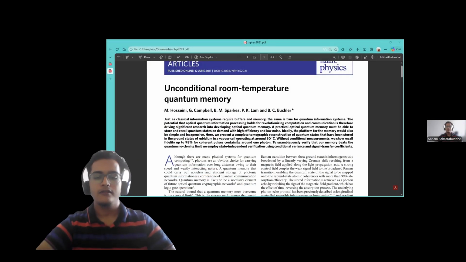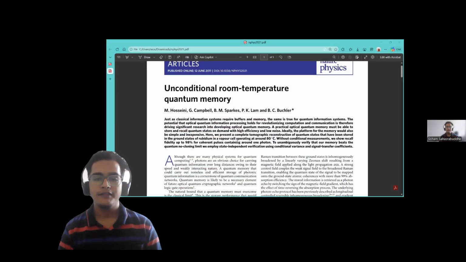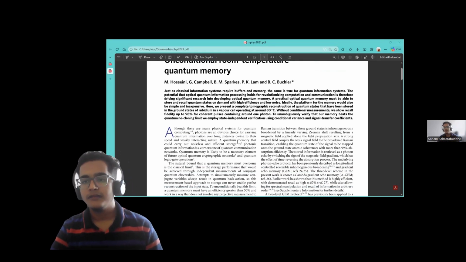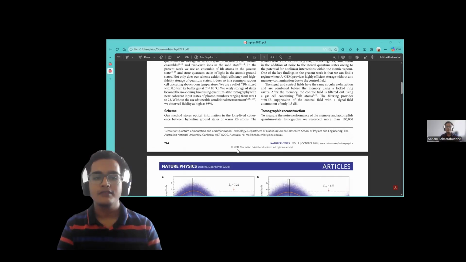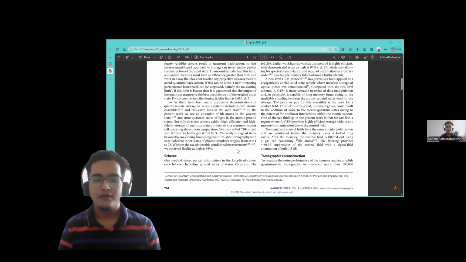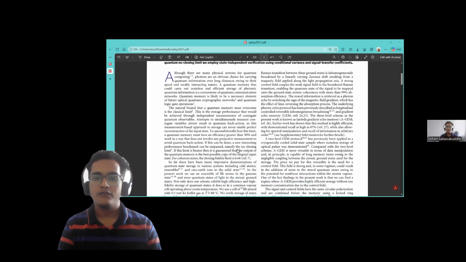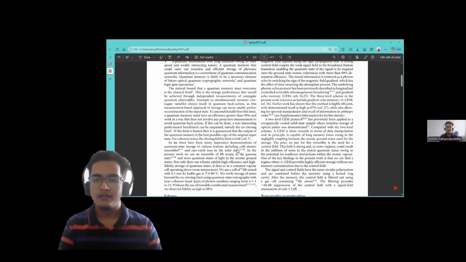Hi, so I am Soham. My role in the team was to produce and simulate the data points, the quadrature data points, which act as a replacement for the experiment data. For that, we use a scheme. Experimentally, as we know, the memory cell is a long-lived hyperfine ground state of warm rubidium atoms. Because the paper uses experimental data, but we can't use experimental data,